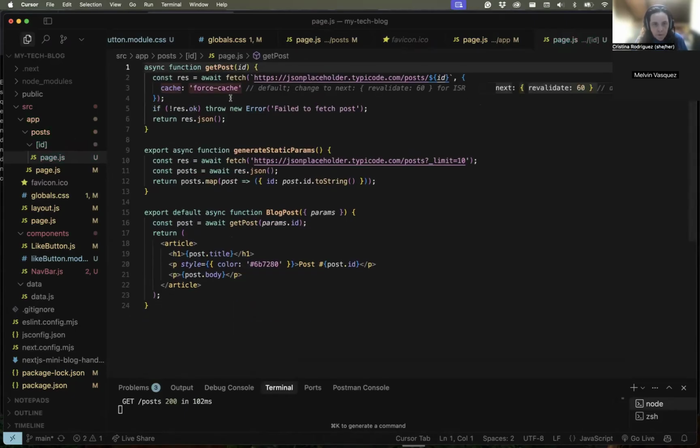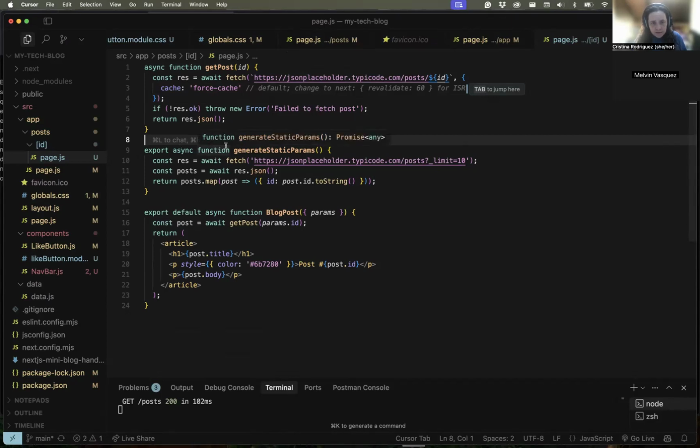So we are checking the information for that ID, that specific parameter inside the API that we are calling. And here I'm using force cache because I want to show the user the data always, because there will not be new data every single time. And with that, I'm bringing